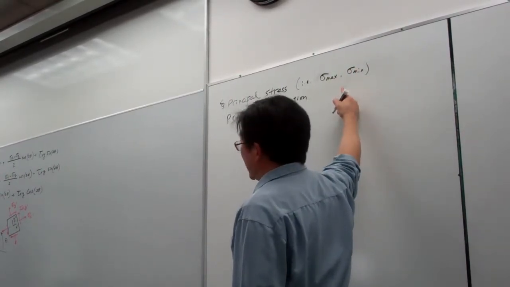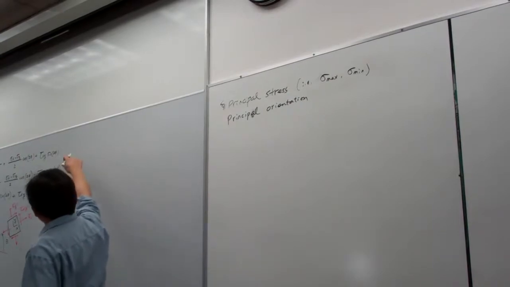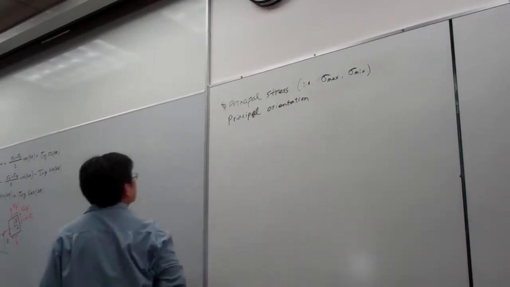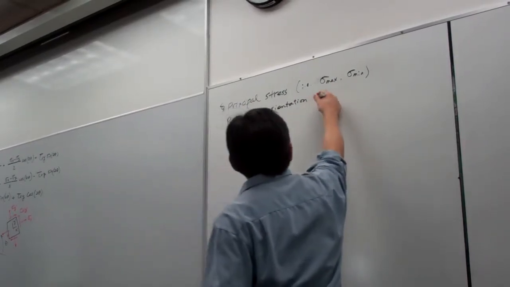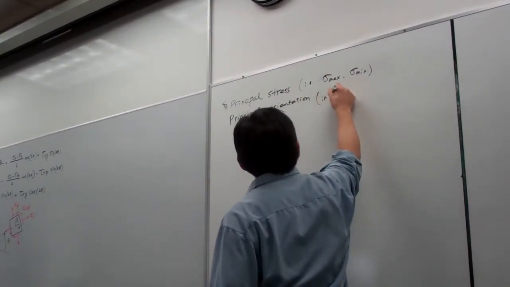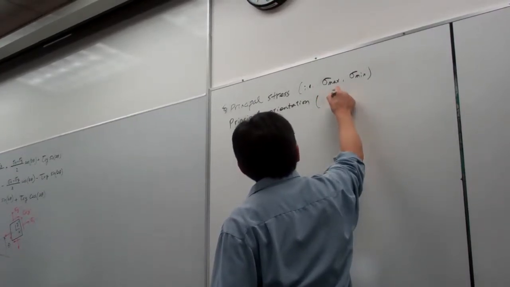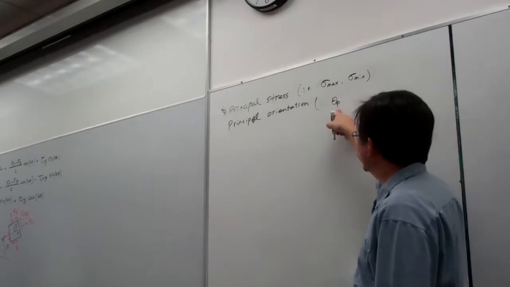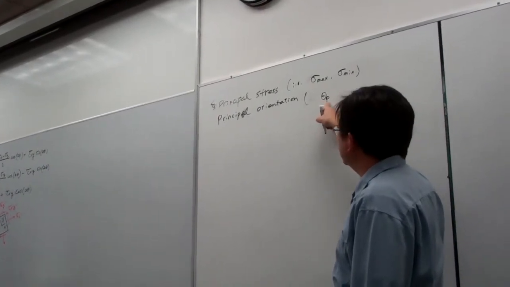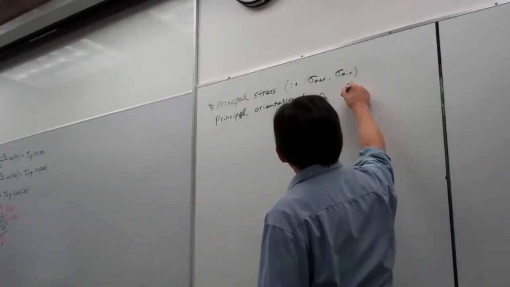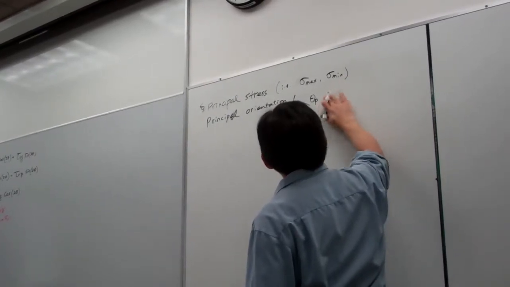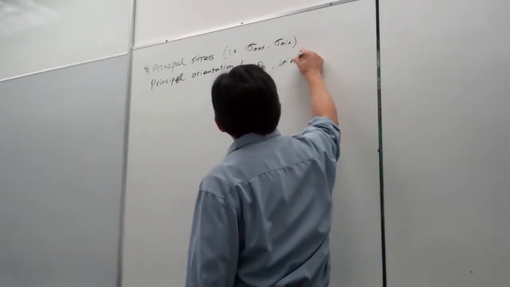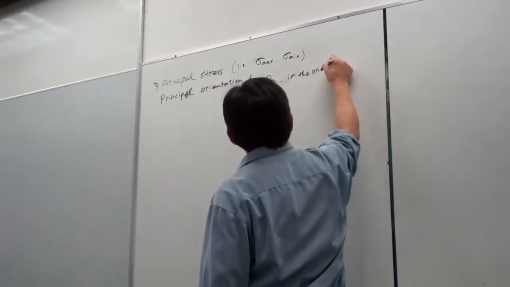Okay, so that means in terms of the first two equations, later we're going to see the formula for this one. The principal orientation is theta p. In our text, and in most textbooks, it uses theta p. P means principal. In that specific orientation,